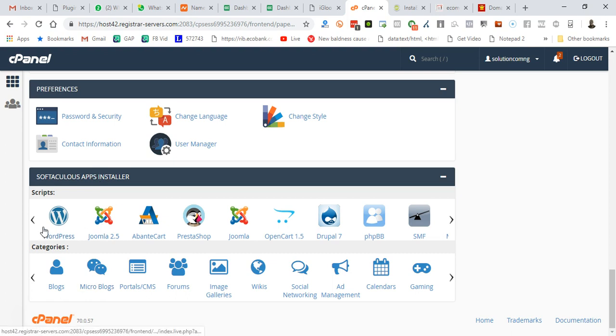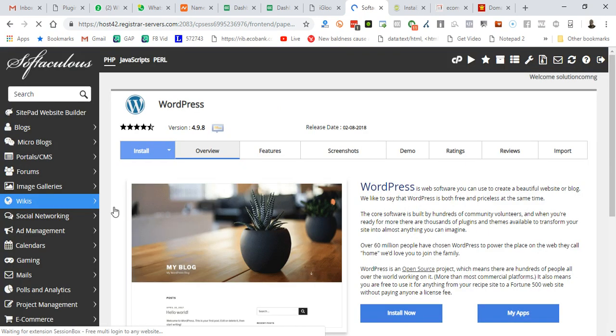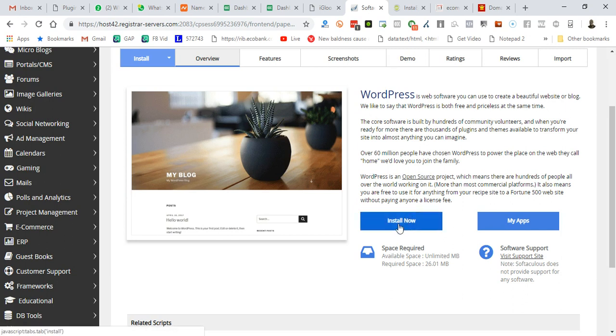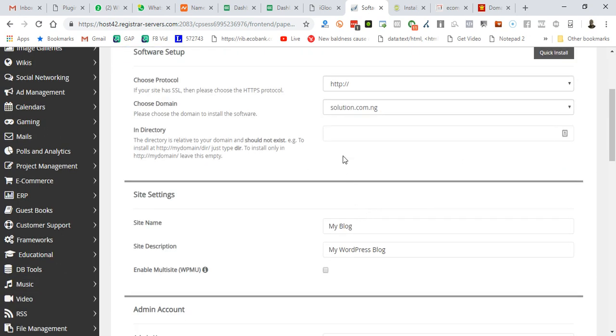All right, whichever way. Once you see that and you click on WordPress, it opens up a page that helps us install WordPress. Now, this is a WordPress installation page, and what we have to do next is click on Install Now, and then I want to install it on the root domain, which is solution.com.ng. So we don't want to put anything here so that it installs on solution.com.ng. If you want to install it on